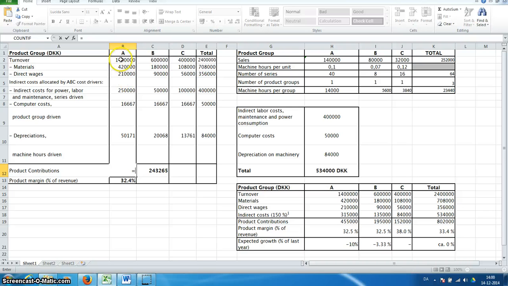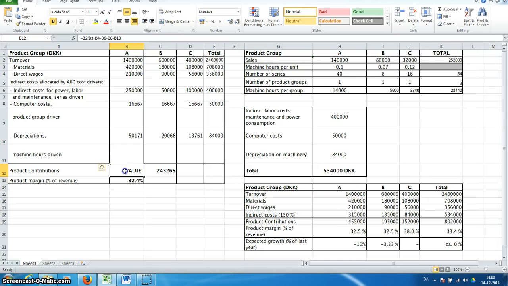What we should do here is to take the turnover and say minus materials, minus direct wages, minus indirect costs, minus computer costs, minus depreciations. And we should get, just a moment,